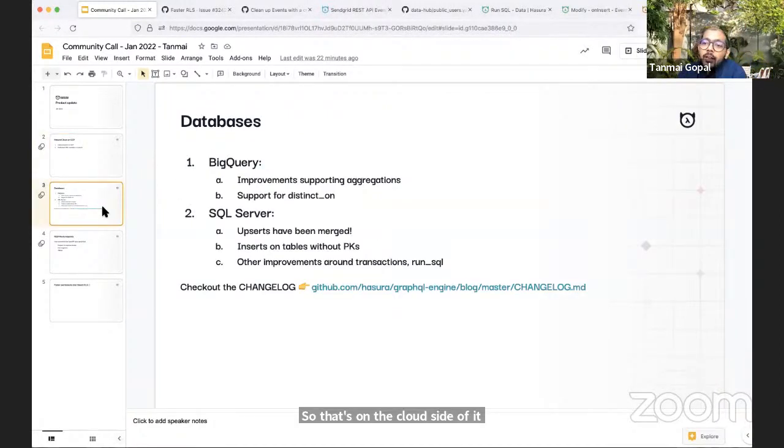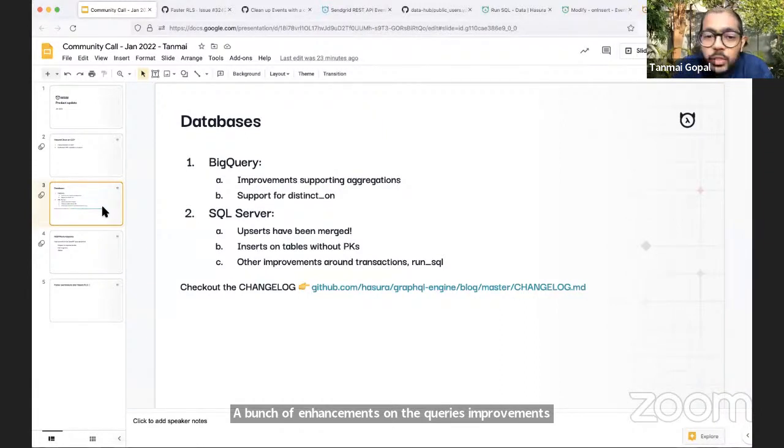A few important updates on the BigQuery and SQL Server side. A bunch of enhancements on BigQuery: improvements to aggregations so that they support joins as well now, and support for distinct on for the BigQuery GraphQL API. For SQL Server, upserts are finally in, which is awesome. Upserts are a little bit different from the way it works in Postgres, but upserts are just always a very useful thing.